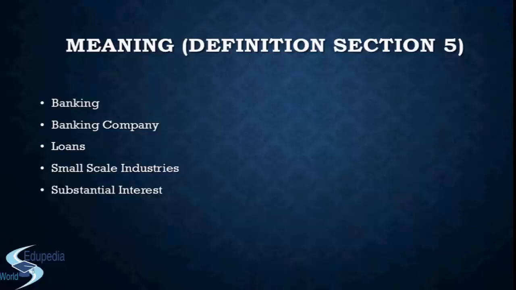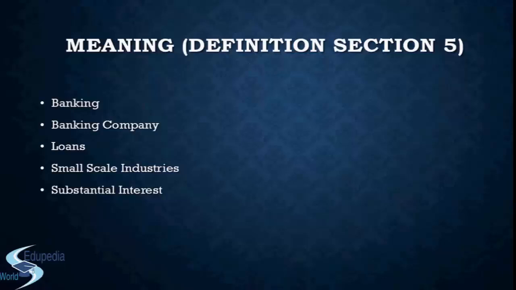Right? So, if you go by the text again, then small scale industrial concern means an industrial concern in which the investment in plant and machinery is not in excess of 7.5 lakhs or such higher amount not exceeding 20 lakhs. Like 20 lakhs is the higher limit. As CG may, by notification in the official gazette, specify in this behalf, having regards to the trend in the industrial development and other relevant factors.